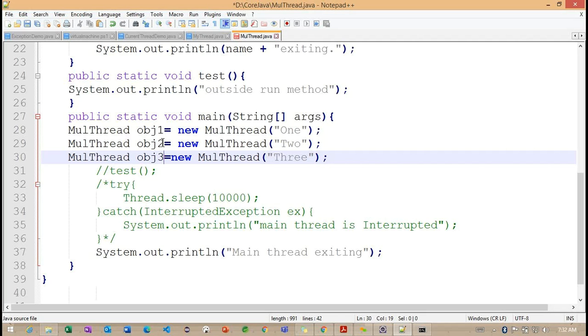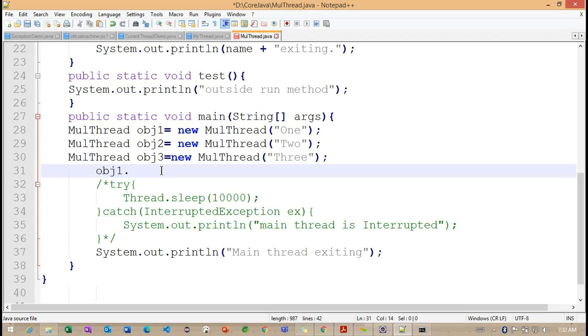These are the child thread objects. Whenever I call obj1.join, what happens internally?